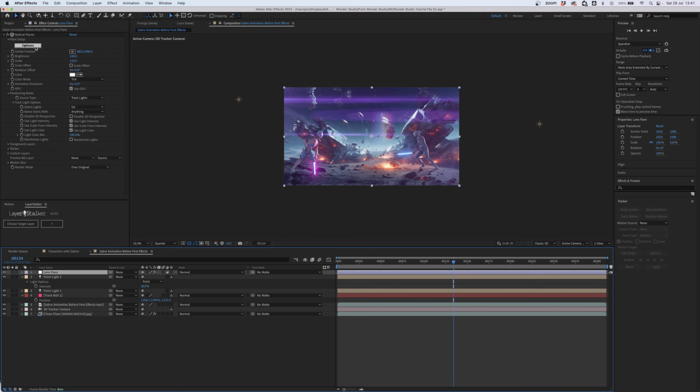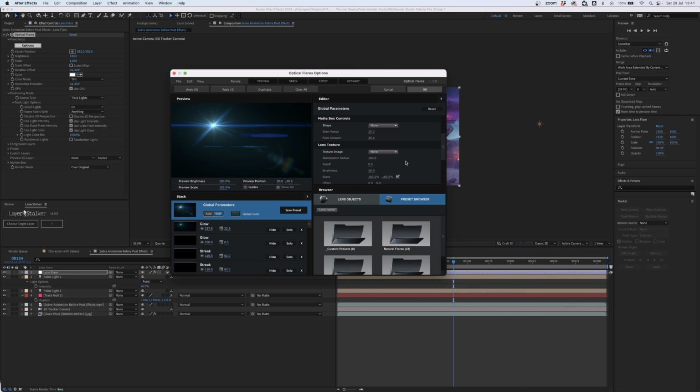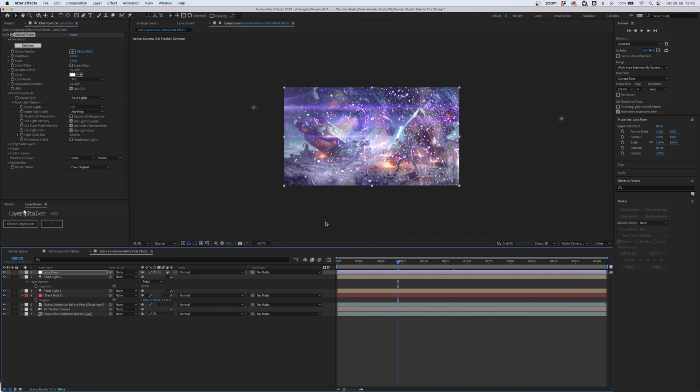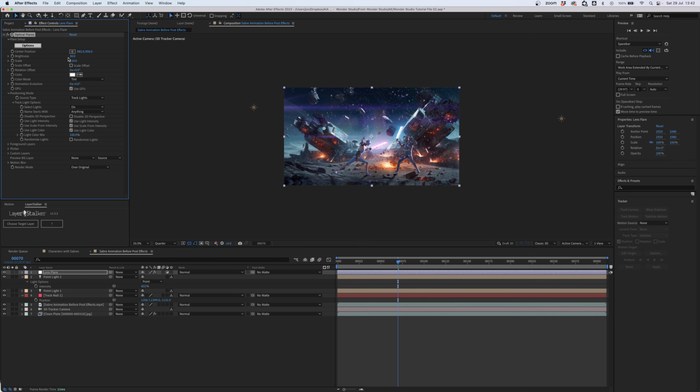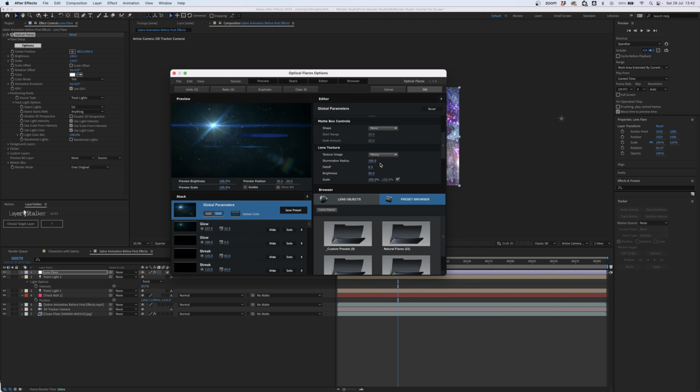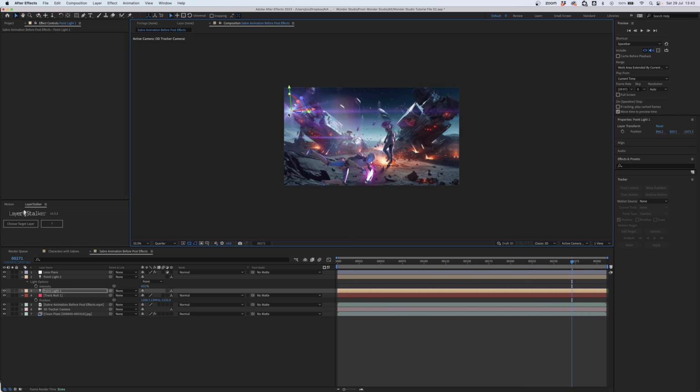Also within the lens flare options, you can scroll down and there's a thing called lens texture. And it adds things like grime, scratches and dust as if there is a real lens filming this scene. We can press OK and it looks really quite intense, as you can see there. But again, we can play around with the brightness here to reduce that, or alternatively in the options on the lens texture, you can change the brightness here. And we can keep moving the lights around, finding positions that we're happy with.